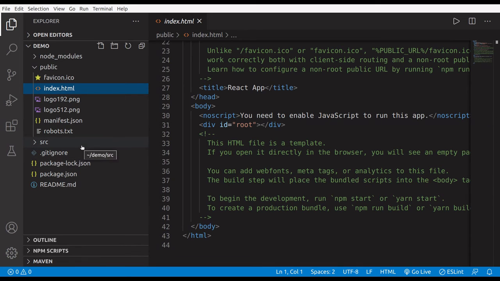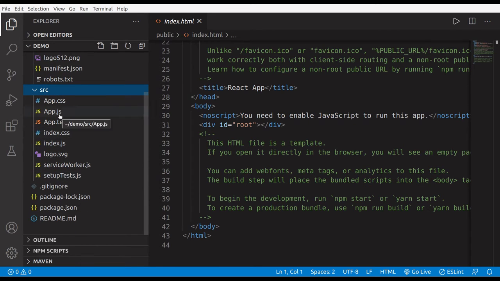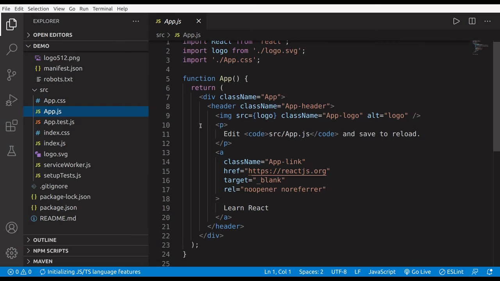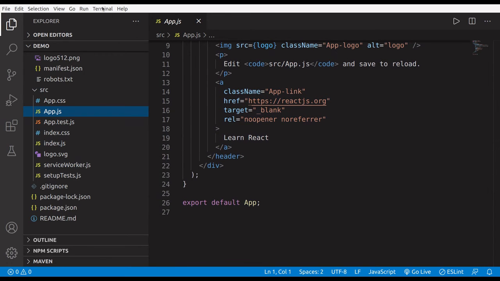Okay, so let's change the code so that I can show you the hello world application, app.js. So first of all, let me show you the React localhost, how to launch it.